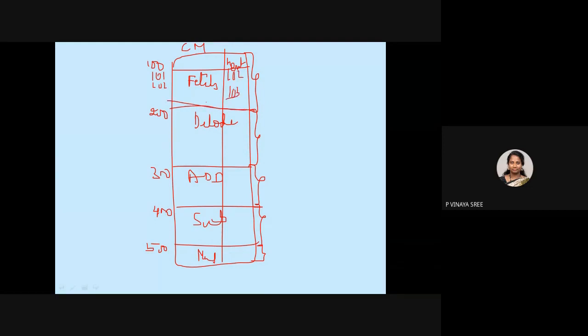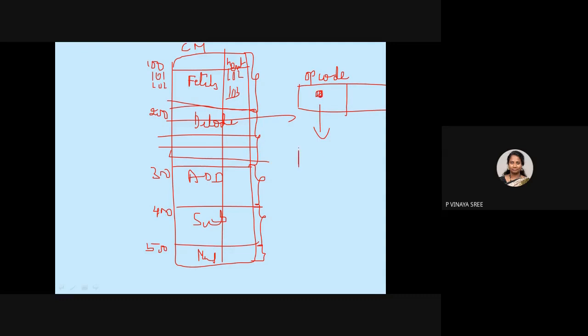Okay. But what happens after decoding means it has to be executed, these micro instructions, and after execution of micro instruction, the main program instruction format called opcode, this opcode, it has to take as an input, and whatever it is there here, it has to be placed inside a address register of control memory.